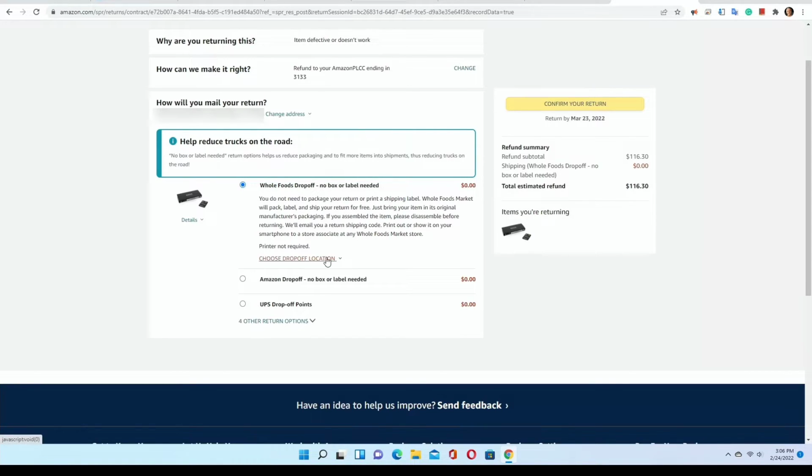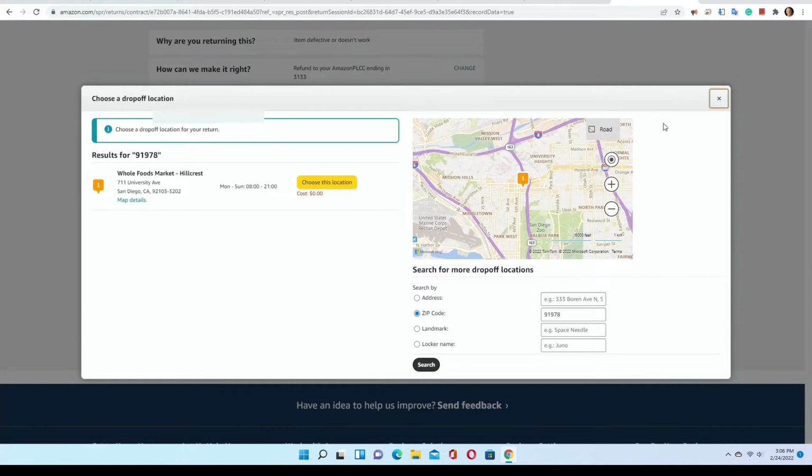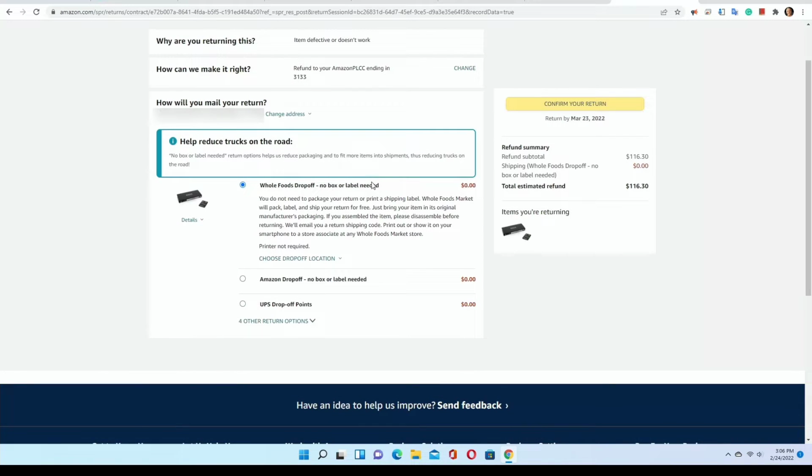Choose a drop-off location. There are so many locations. If you click on this, it gives you different locations based on the map where you are, and then you can choose from there. And you could also choose a UPS drop-off point. Now listen, let's pay attention carefully. The UPS drop-off point has zero charge because the item was defective. But if I were to return this because I changed my mind, then this would be a charge for me,